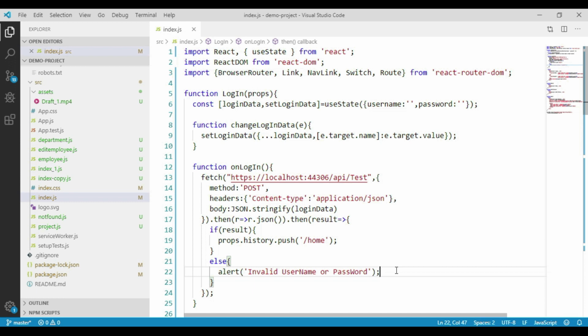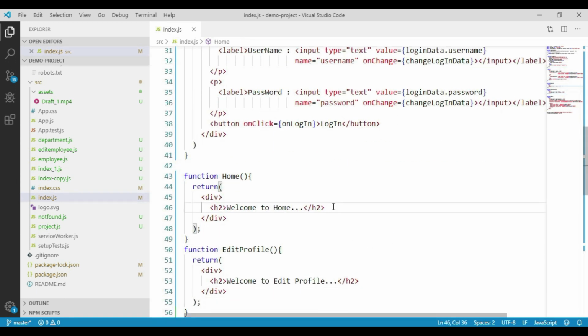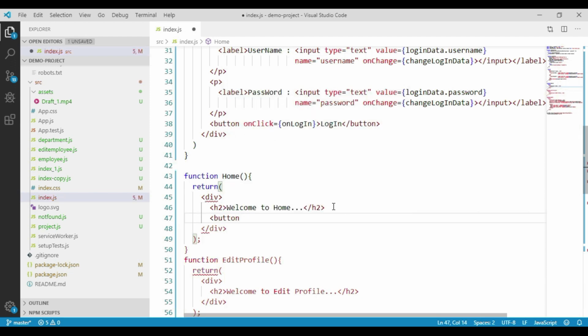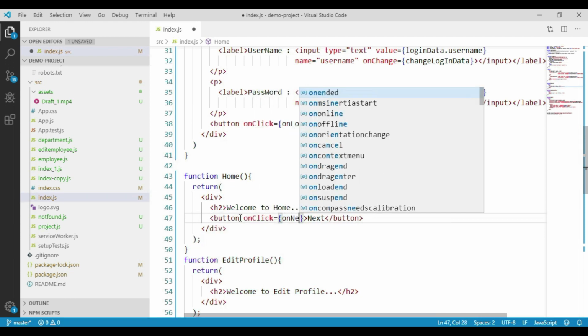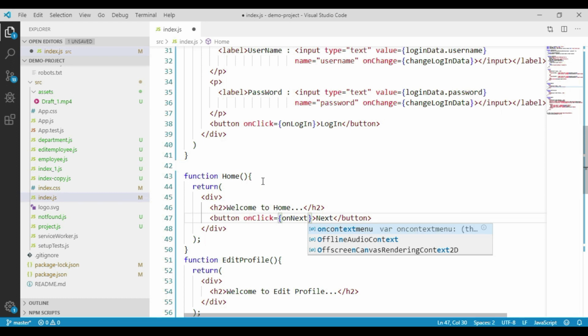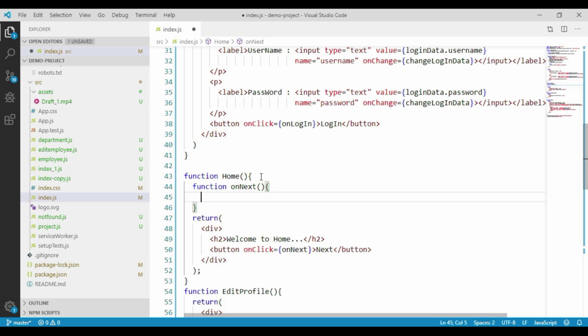Let's go to the home component. Let's add a button. Let's call a function on click of this button. Let's implement this function. On click of this button, we navigate to the edit profile component using the push method of our history object.